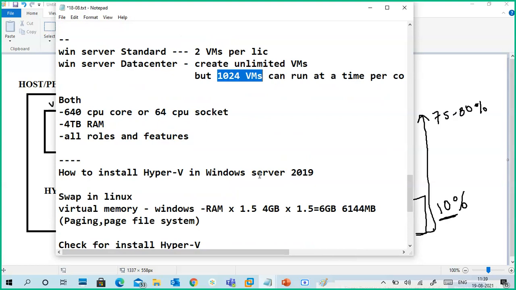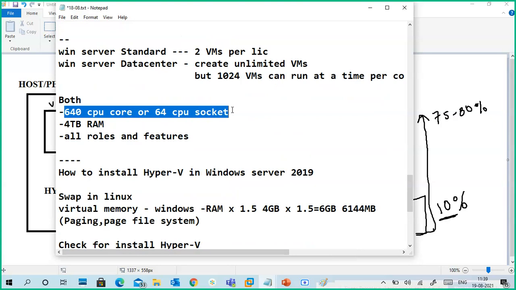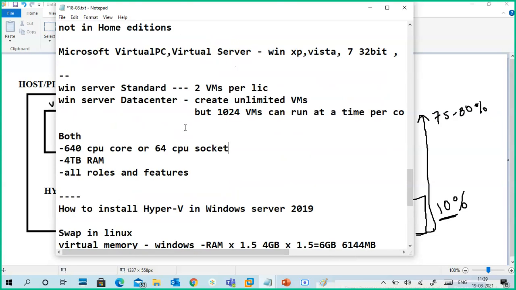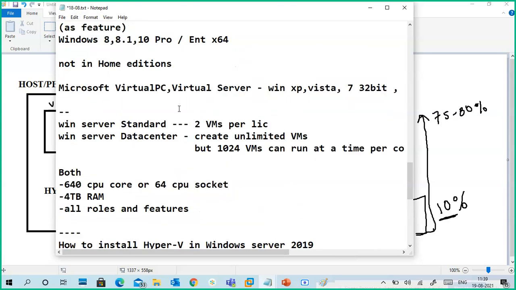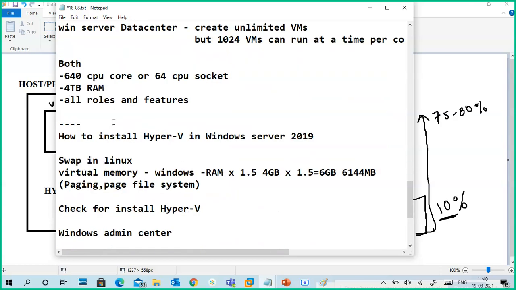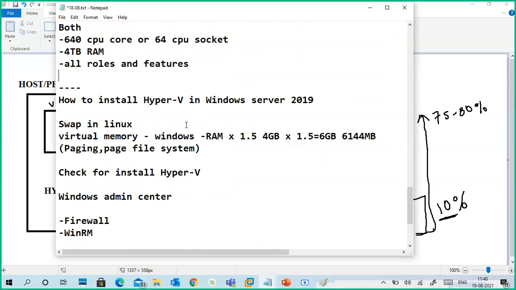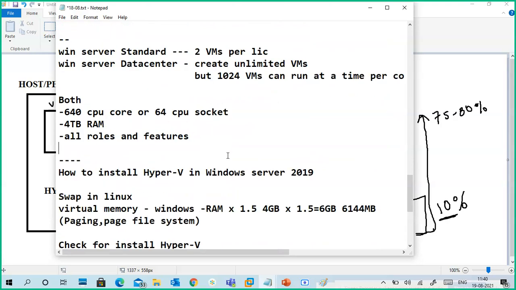Both support 640 CPU cores. There is no difference among 2012, 2016 and 2019. These differences are the same for all three versions.